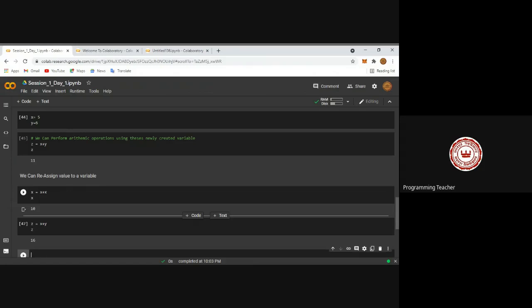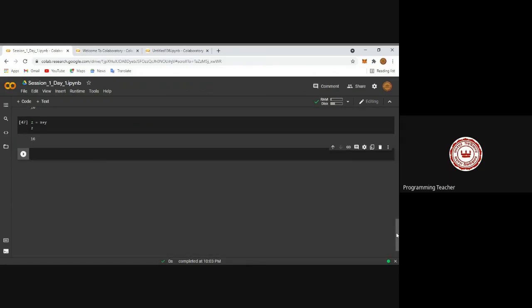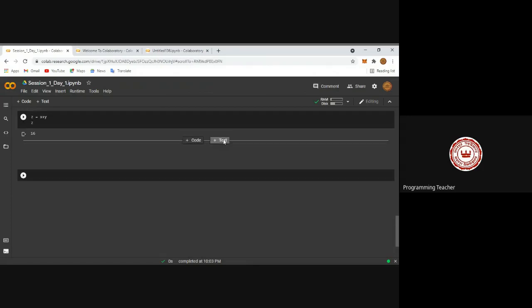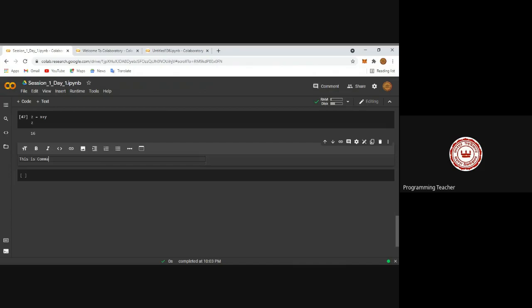This is the good practice. Not only that, you can do operations in a much bigger way. This is common practice to use a variable with multiple names.